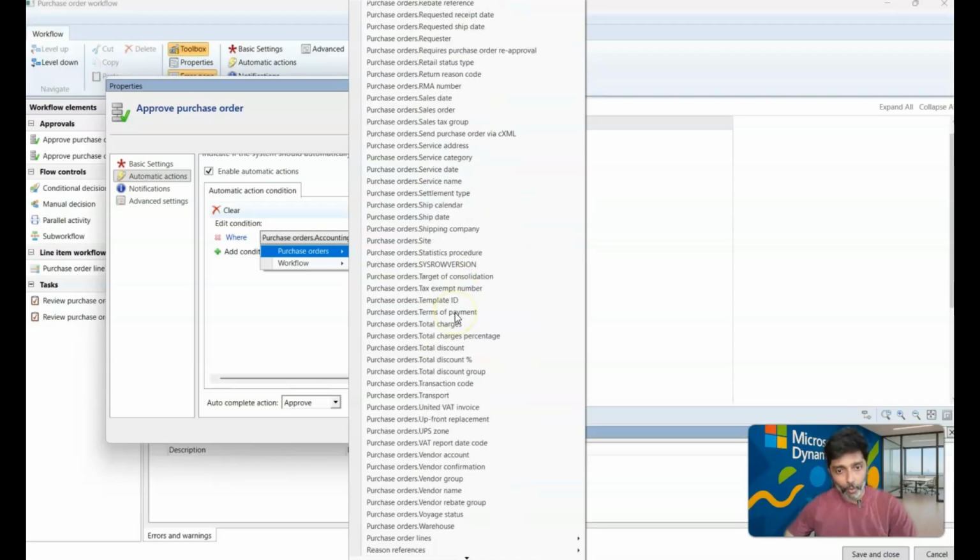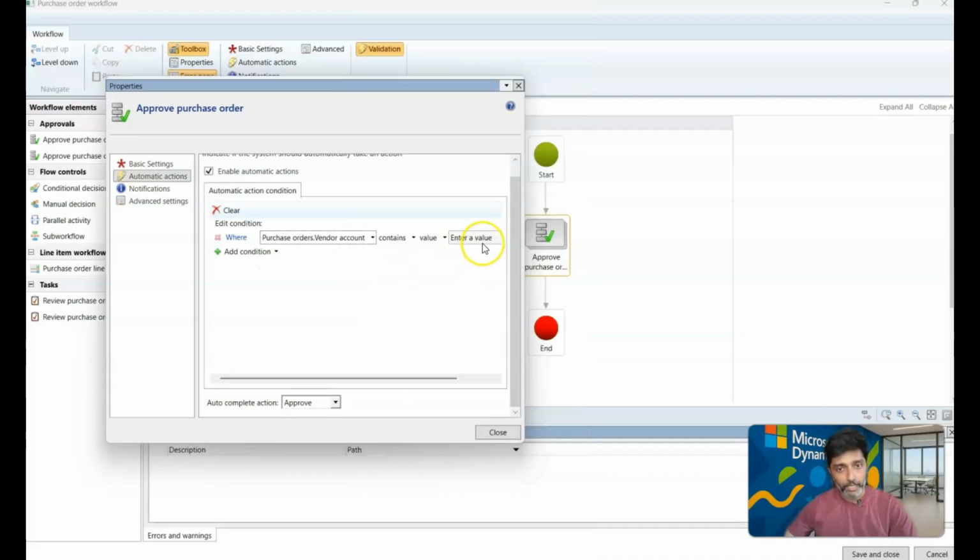So these are the list of all the fields for which you want to define whether you want to automatically approve the purchase orders or not. For this simple, straightforward example, we will add the vendor account, and as we know, the vendor account for Acme is 1001. I'm going to add that vendor account number, or you can simply click on these three dots, and it will give you the list of all the vendor accounts